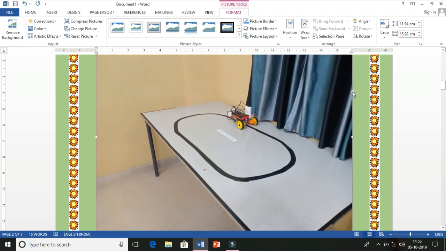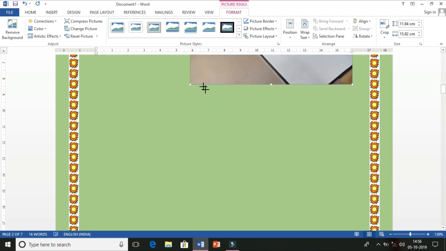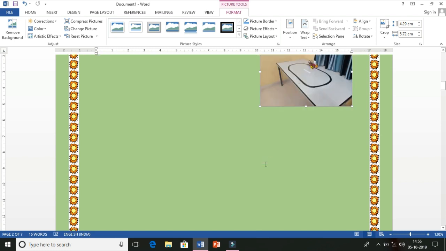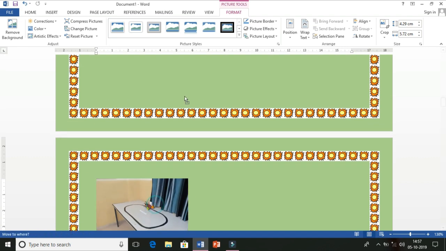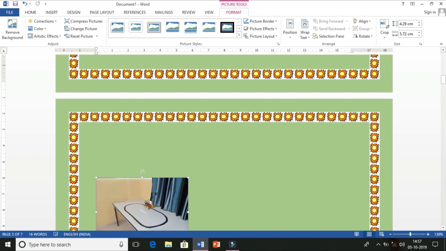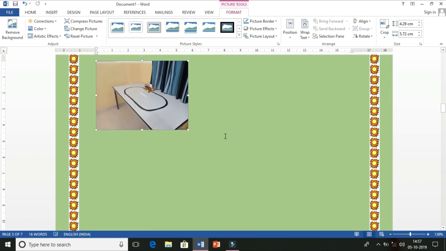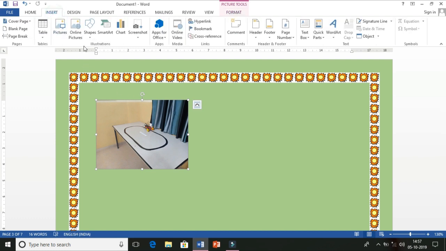I can resize it also from these 8 corners called notches. Just click, place the mouse pointer here, you can decrease the size. Right, we can decrease the size in this way as we want. Now suppose you want to place this picture here at the middle of this, so you cannot do this, meaning it takes so much time to adjust these photos. They are moving here and there, but it is not coming at the actual place where you want. So in that case, this option is very good.